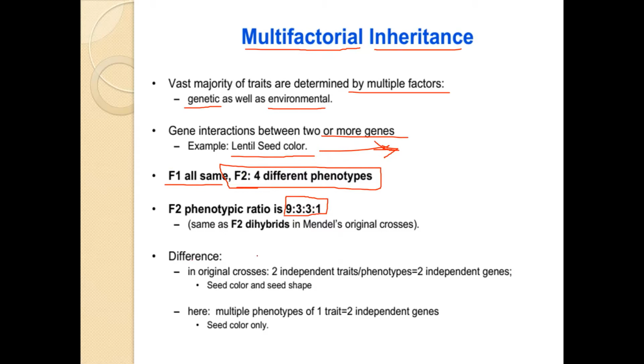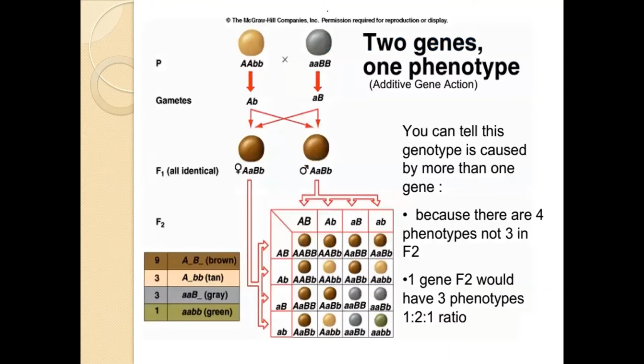What is the difference with Mendel? In the original cases, two independent traits equal two independent genes. But in these particular cases, multiple phenotypes of one trait are equal to two independent genes. So let's move to the